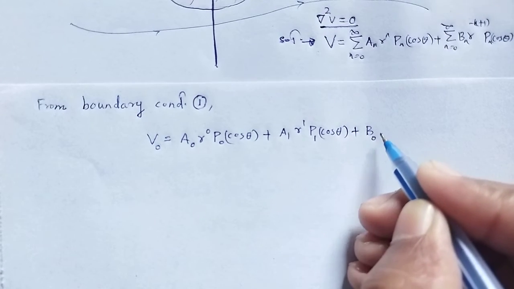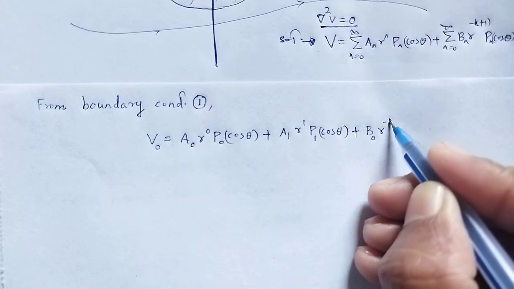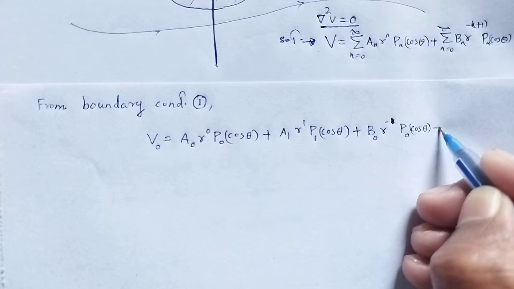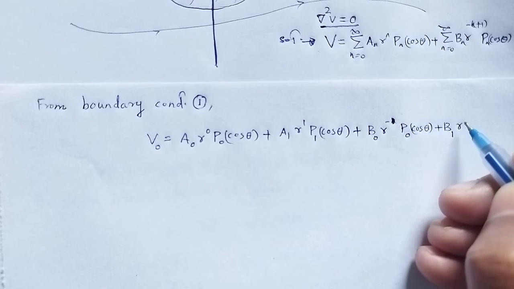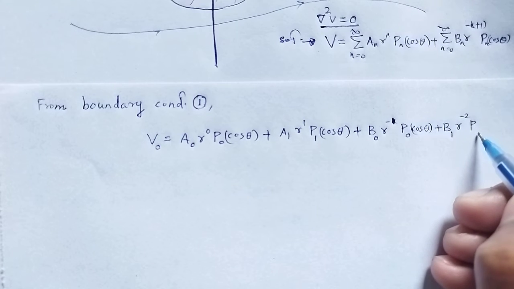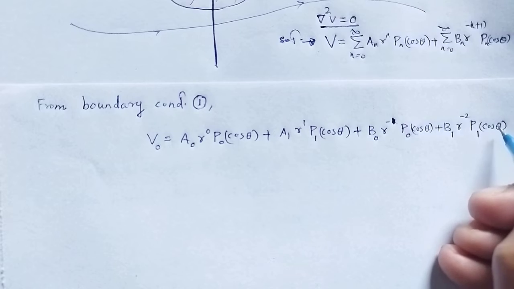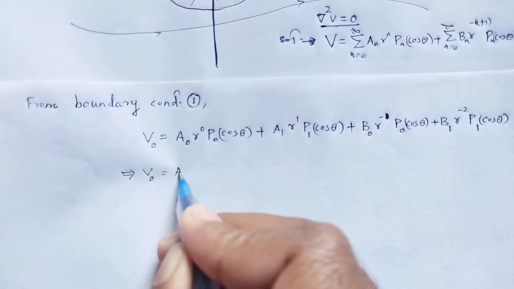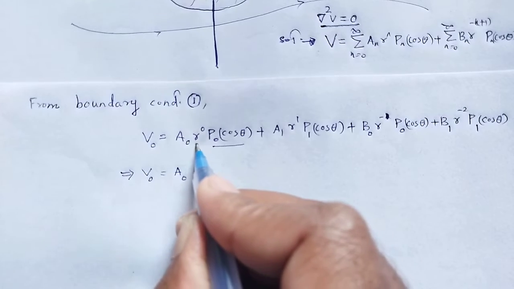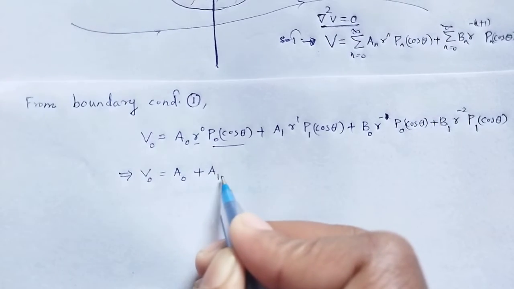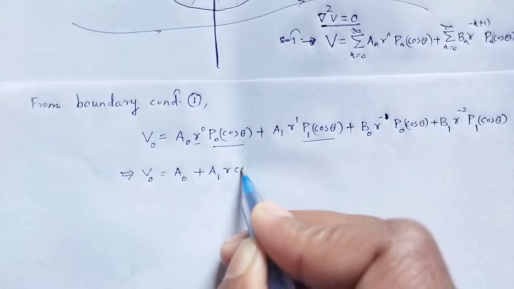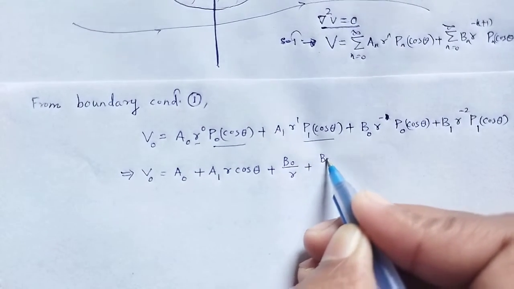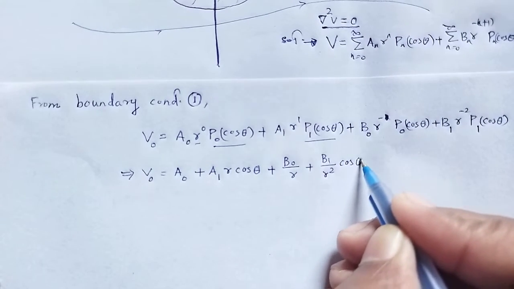That means here B naught r to the power minus 1 P naught cos theta plus B1 r to the power minus 2 P1 cos theta, which implies V naught is equal to A naught P naught, cos theta is equal to 1, r to the power 0 is equal to 1, plus A1 r P1, that is cos theta, plus similarly B naught by r plus B1 by r square cos theta,